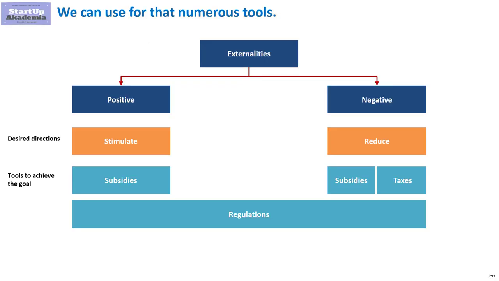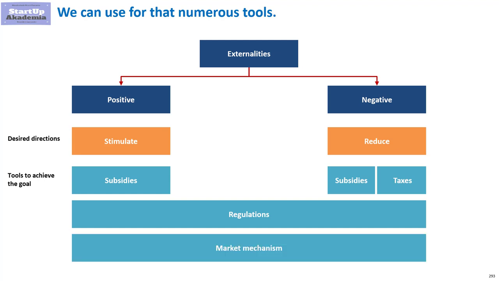The final group of solutions are the so-called market mechanisms. In short, you may try to create an artificial market that tries to use market mechanisms to price in the externalities. The biggest attempt using this group of tools has been tried in carbon emissions. In Europe, firms that produce carbon can buy the rights to emit a certain amount of carbon from other firms that are capturing the carbon. For example, if you are a gas-producing company, you can buy emission rights from a company producing trees.